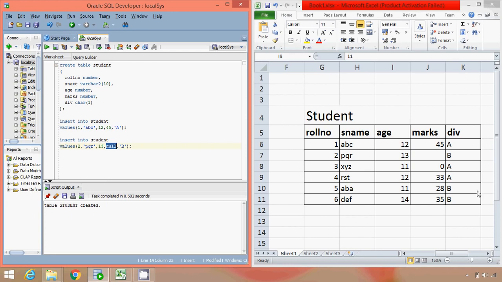If we analyze this table, roll number 1, that is the first student, has appeared in the exam and got 45 marks. The third student has appeared in the exam but scored 0 marks. But consider the second student, who has not appeared in the exam. Obviously marks are going to be 0, but if we specify 0, it actually means that the student has appeared and scored 0. So null is a keyword used to represent absence of information, or that the information is not applicable. So for the second student, we specify null.